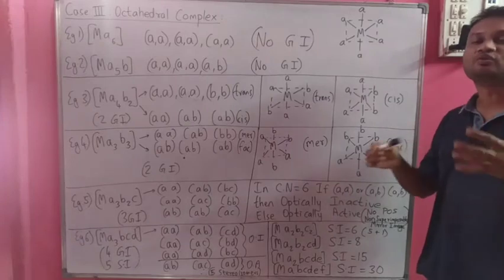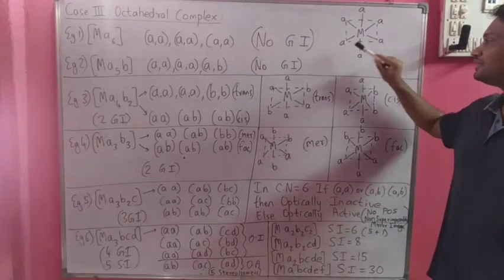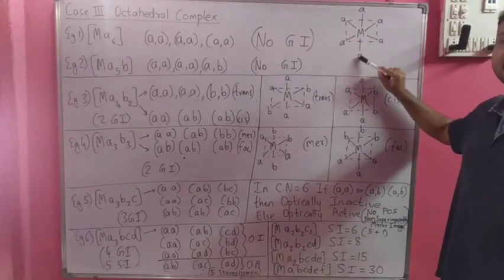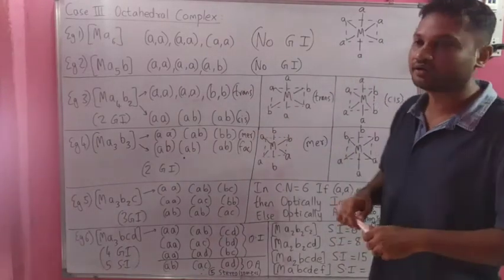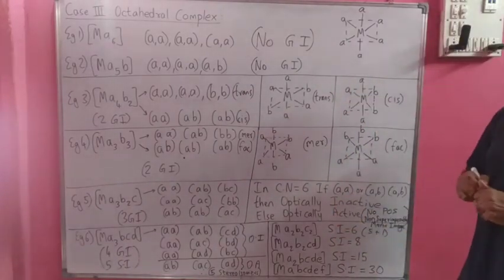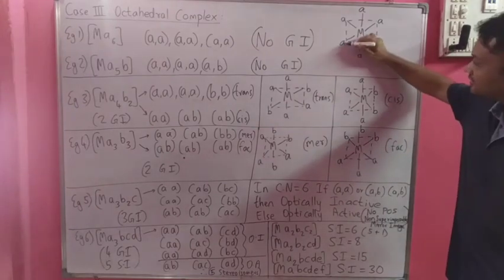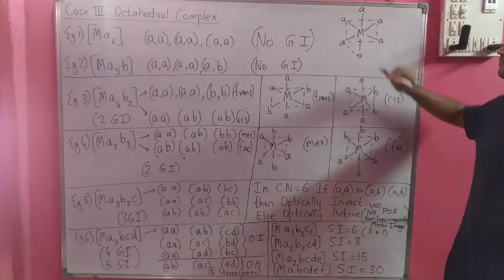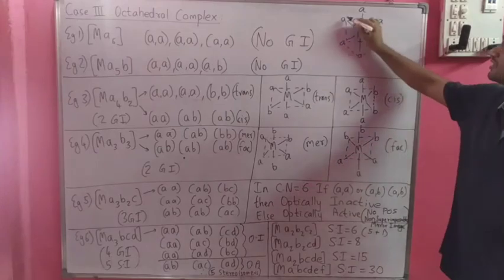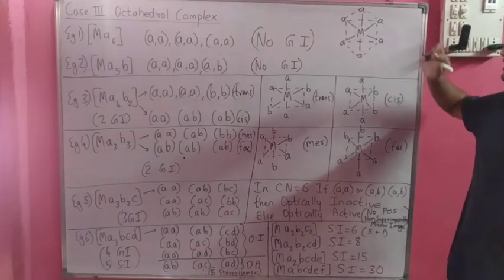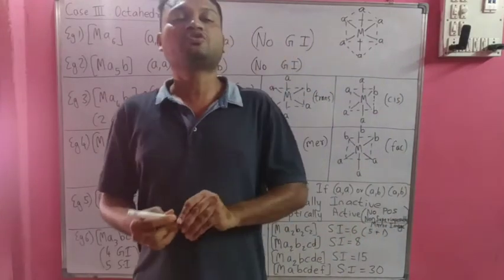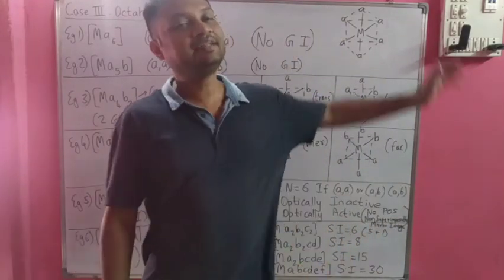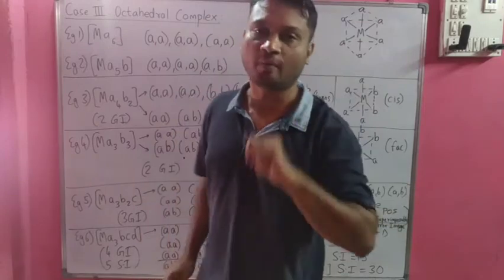So if we now join all 3, let us say ligand, metal and ligand, all the combinations, we will have an octahedron. So this is octahedral geometry. If we want to see clearly, this is one face of octahedral, this is another face, this is the third face, this is the fourth face. So 4 faces on the front, 4 faces on the back. So in all 8 faces, hence this is octahedral geometry.